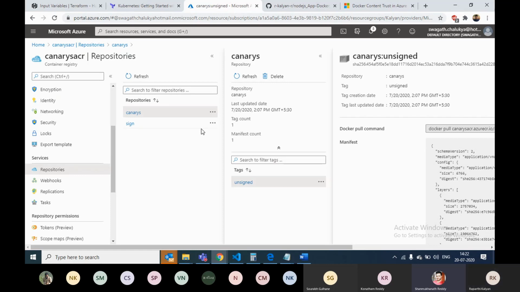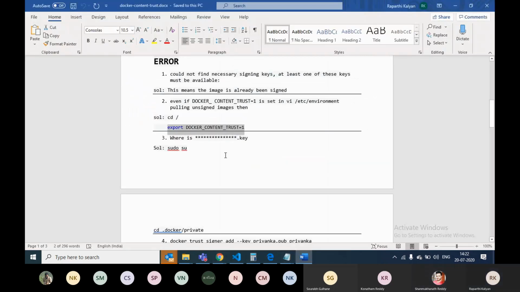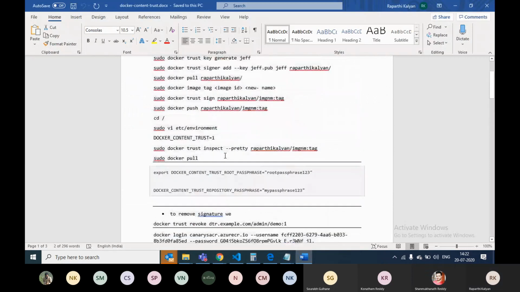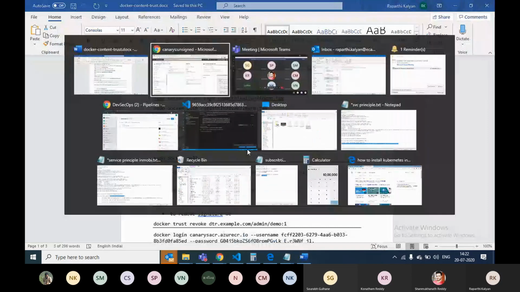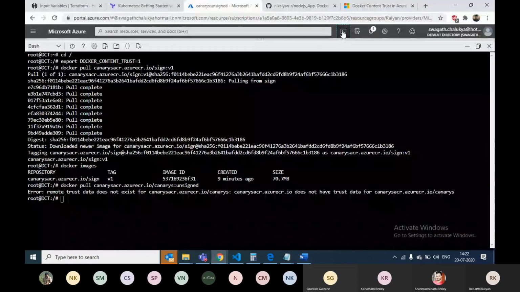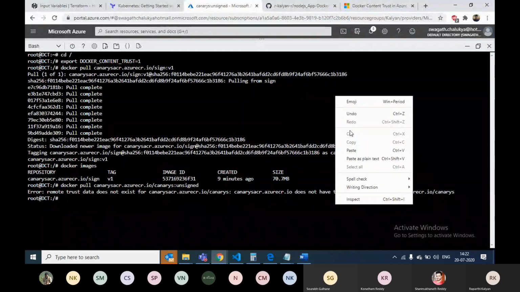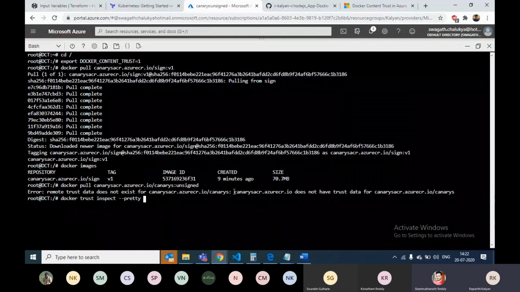But how does the Kubernetes cluster know whether it is enabled or not, whether it is signed or unsigned? See, I'll just give a command: inspect and the image name.